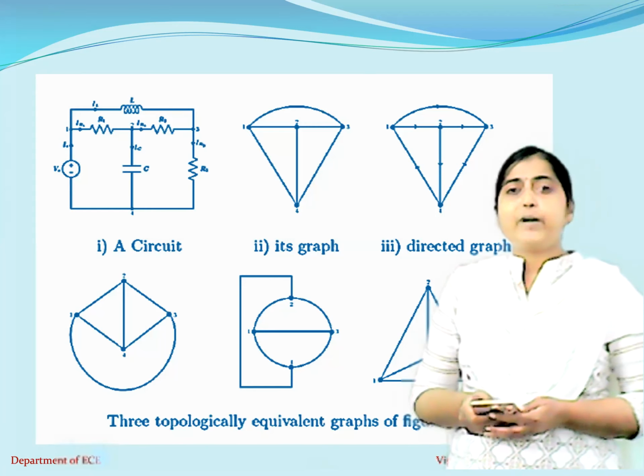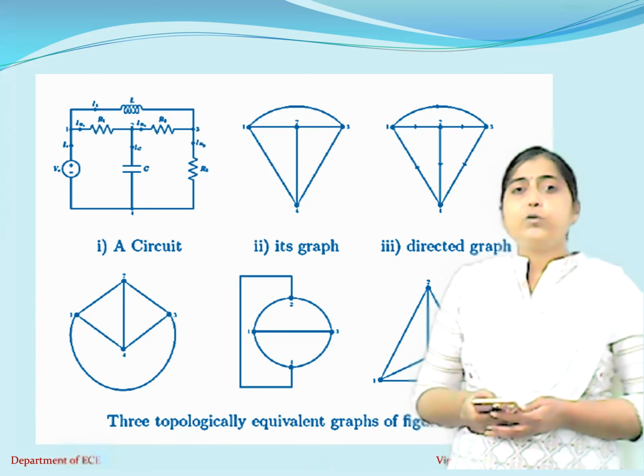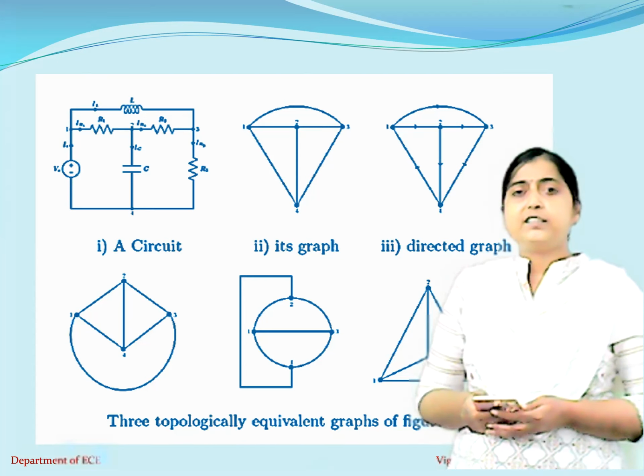So let us mark the nodes. After marking the nodes, according to this particular voltage source, let us assume the branch current direction. So I will start from this voltage source as I1. Then once it comes to this first node, it gets divided between this branch and this branch. So you name them as I2 and I3. Then this I2, once it comes to this node, it divides between this and this. Then similarly, when it comes to this node, it divides between this branch and that branch.